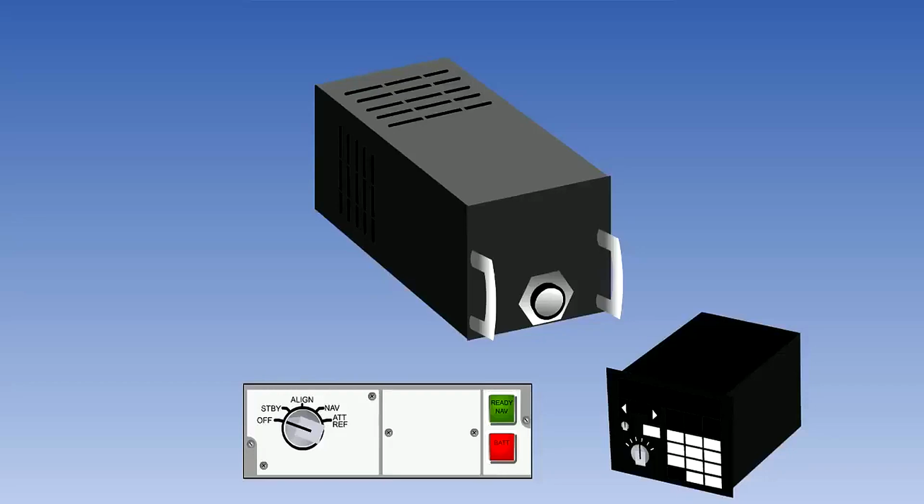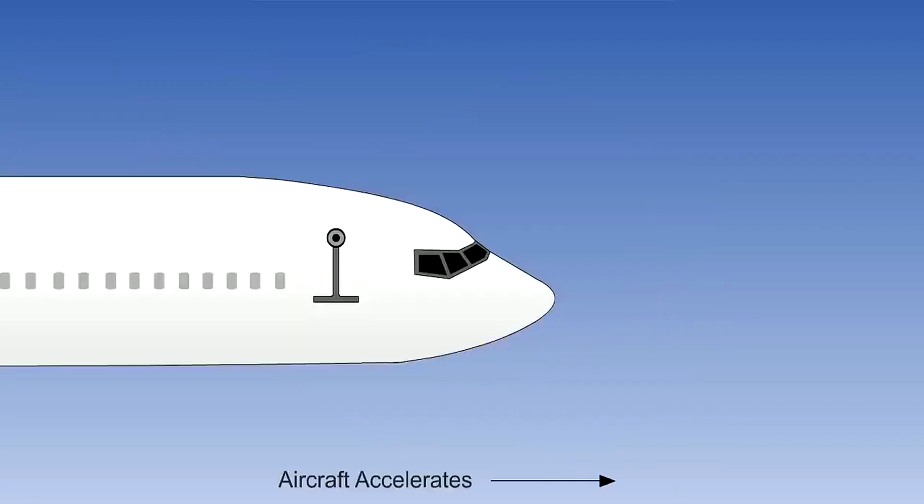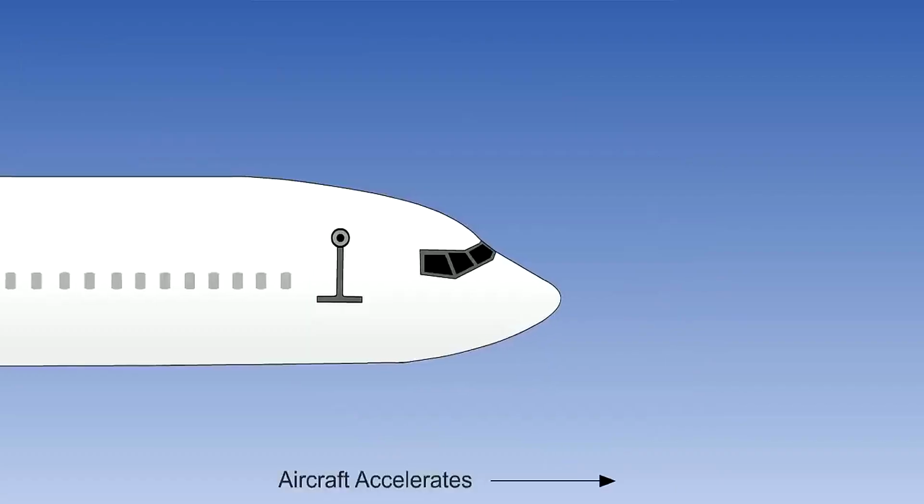We previously established that the inertial navigation system, or INS, starts from a known initial position and, by continuous measurement of aircraft accelerations, keeps updating itself to the present position. We also said that it gives a great deal more information than just a present position, latitude and longitude.